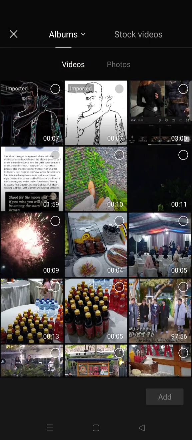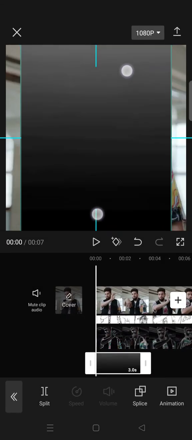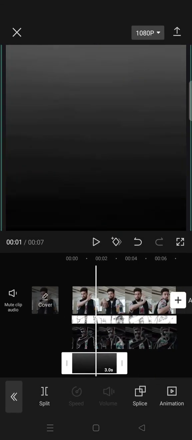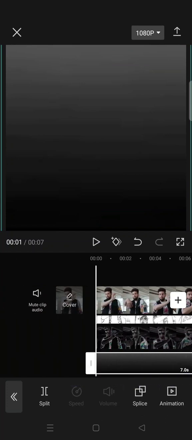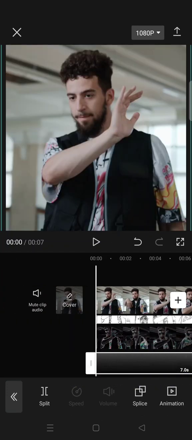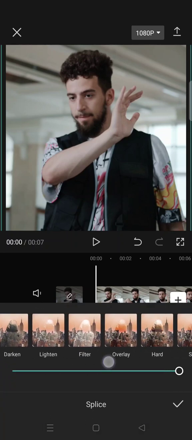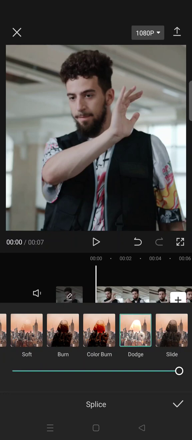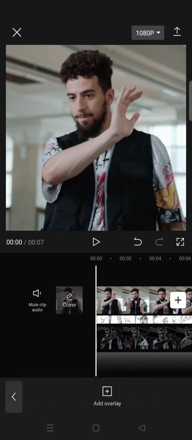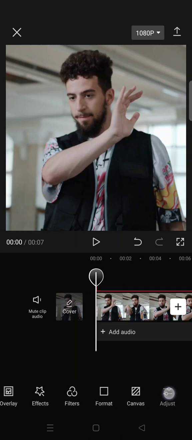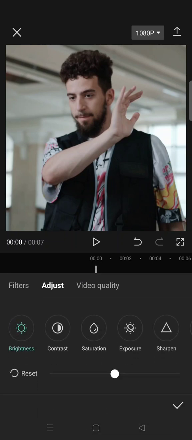add another overlay of these pictures right here. You can screenshot if you want. Click on add, adjust the size. Okay, I'm going to adjust the size and then click on splice and then click on dodge. Set it to around 50. Click on a check icon and then after that go back, go to adjust and set the brightness